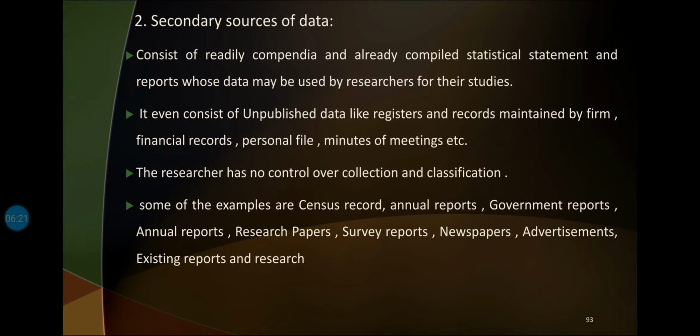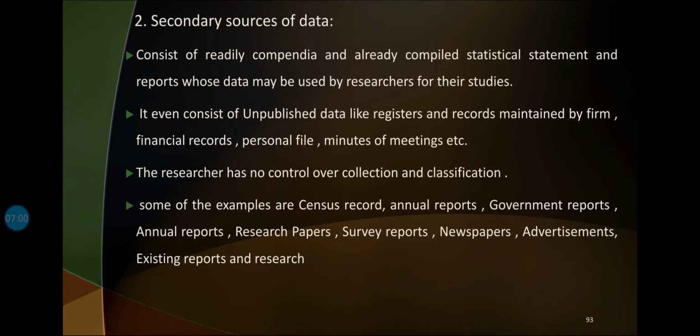Now we will discuss the second major part of data collection, which is called secondary sources of data. It consists of readily available and already compiled statistical statements and reports whose data may be used by the researcher for their studies. Say, for example, census can be taken as a part of your study, so it is a statistical data statement or report. It even consists of unpublished data like registers and records maintained by a firm, financial records, personal files, minutes of meetings,